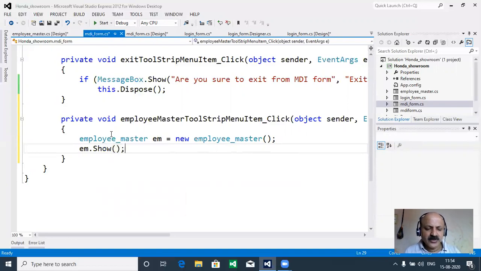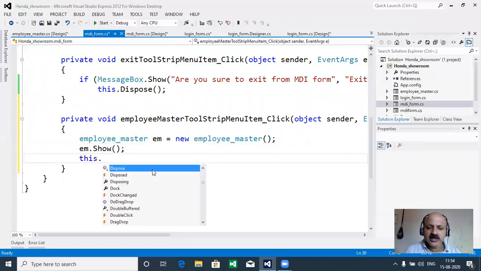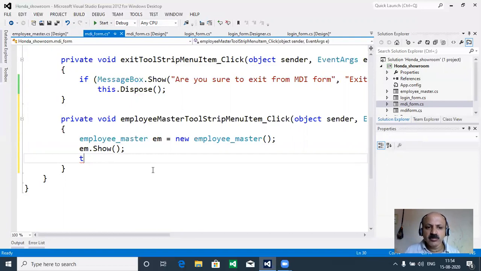There is just, here we can, and not hide it, because hide is like for the first screen, you have to hide a login form, but that is not possible here, because that is an MDI form. So you can again remain on the same page, the MDI form. So after that you can work and exit from this form. So again MDI is open, not closed. So that is the sequence, so you can understand your project.